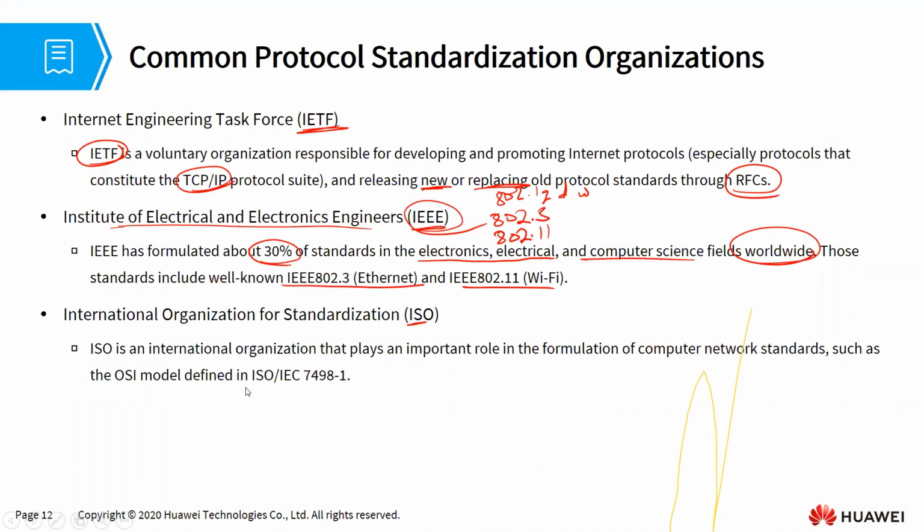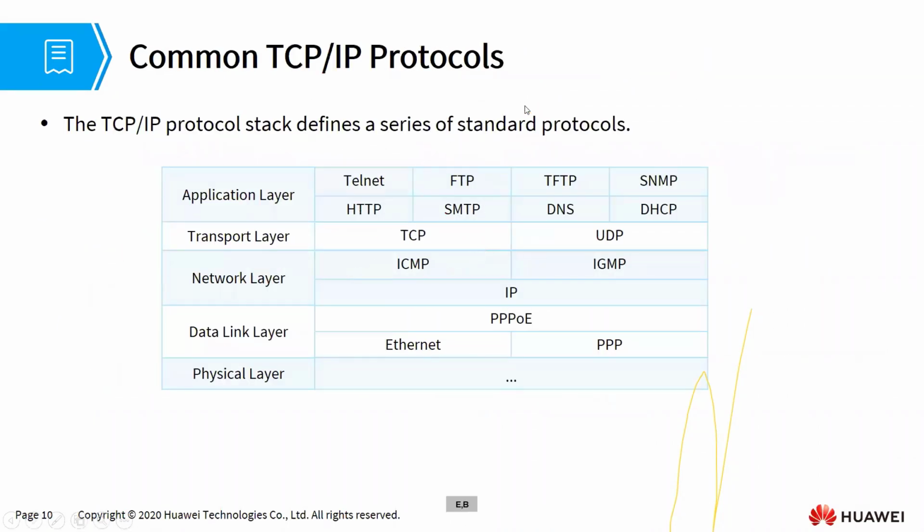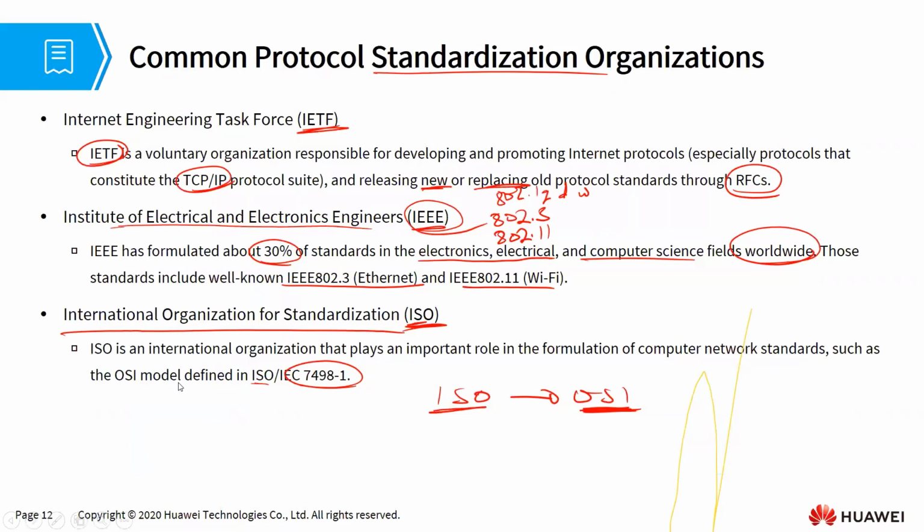That's the IEEE. The other body is the ISO. The ISO, in fact, is the one that developed the OSI model. OSI is the Open Systems Interconnection model, and ISO is the International Organization for Standardization. It develops the OSI model in ISO/IEC 7498-1. So these are some of the organizations that provide standardization to all this mess of protocols and standards that exist at the physical layer. That, ladies and gentlemen, brings us to the end of the first part